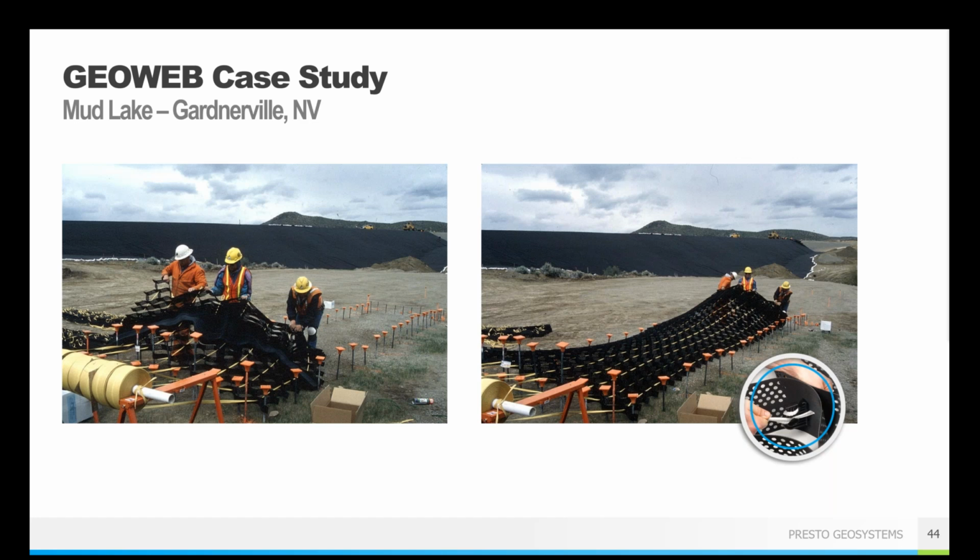So you're saving time, saving money. It's a lot safer. You're not putting guys on harnesses and dragging them over steep slopes, not walking on slippery geomembranes that you might puncture accidentally with a boot, all that sort of stuff. So you can do all of this sort of pre-installation work on nice flat ground and then just pick it up and drape it over that side, over that slope when you get there.